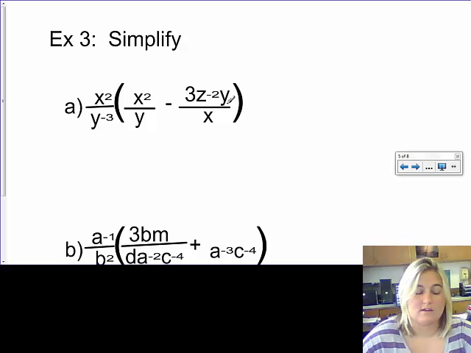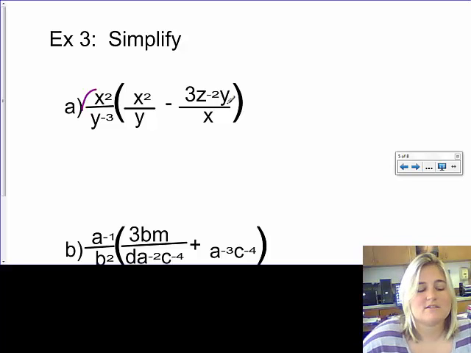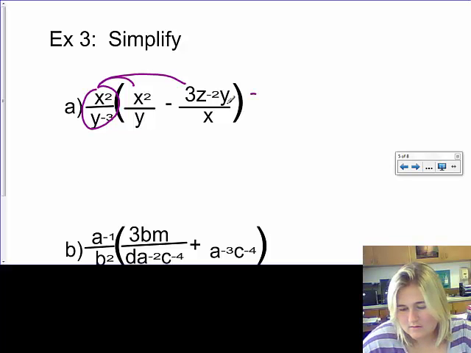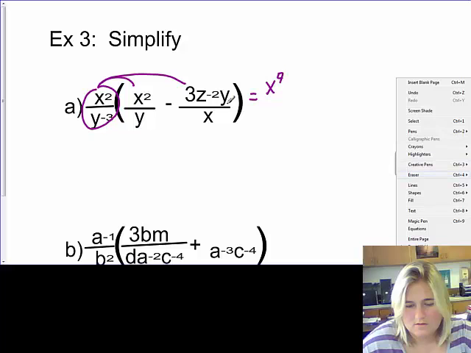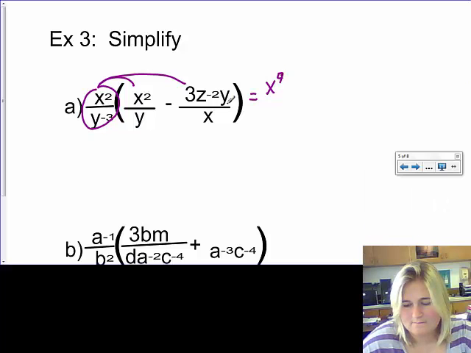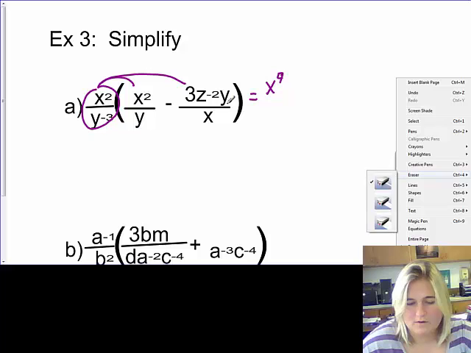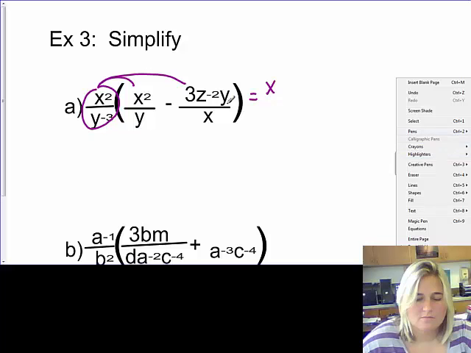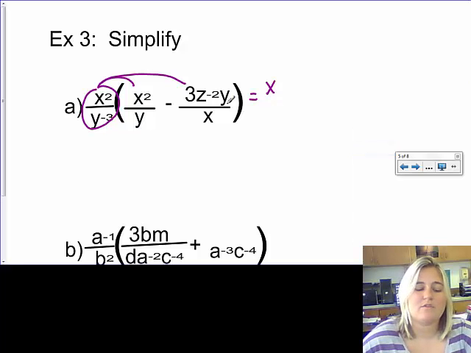Same thing's going on here. I'm going to distribute what's on the outside to everything on the inside. So on top, I have x squared times x squared is going to give me x to the fourth. x to the fourth over